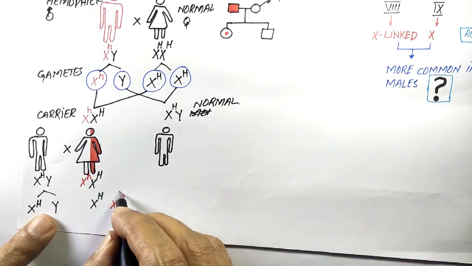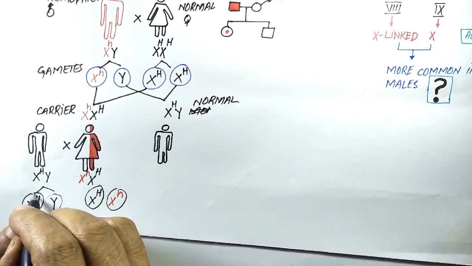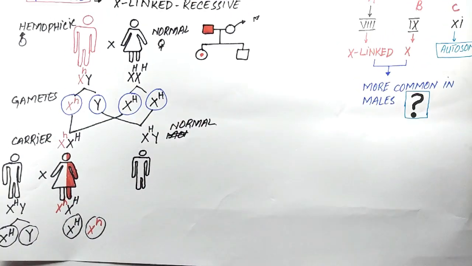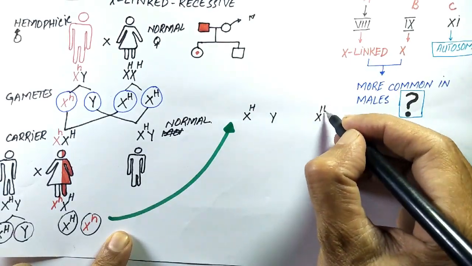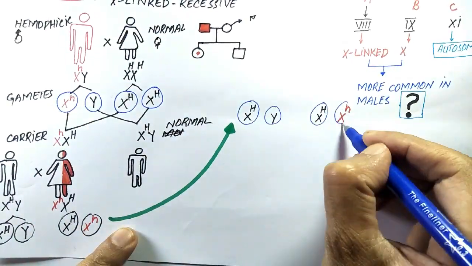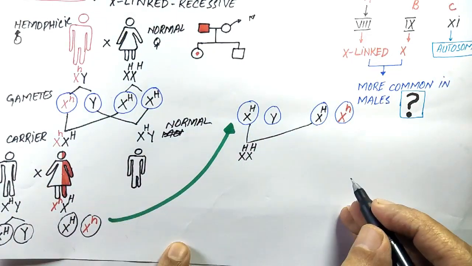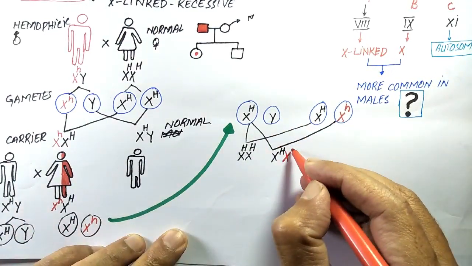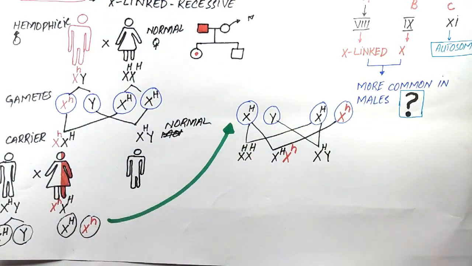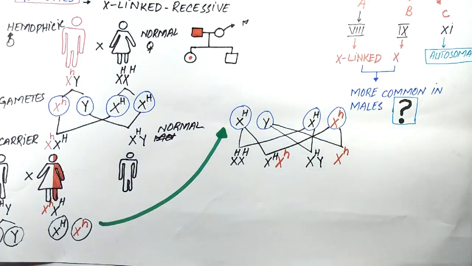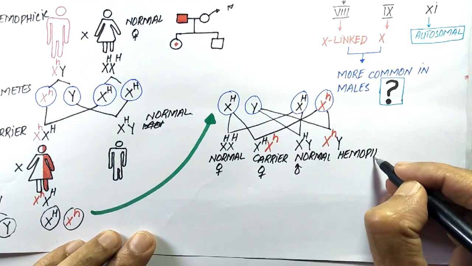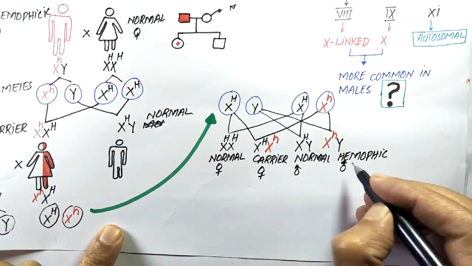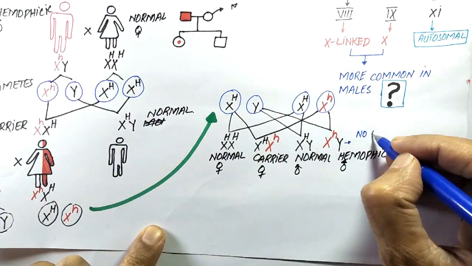This carrier female produces two types of gametes, one containing the X chromosome with the normal gene and the other with the X chromosome containing the hemophilic gene. When she passes the X chromosome that has the hemophilic gene to her daughter, she becomes a carrier, whereas when she passes this hemophilic gene to her son, he becomes hemophilic due to the absence of the counter allele